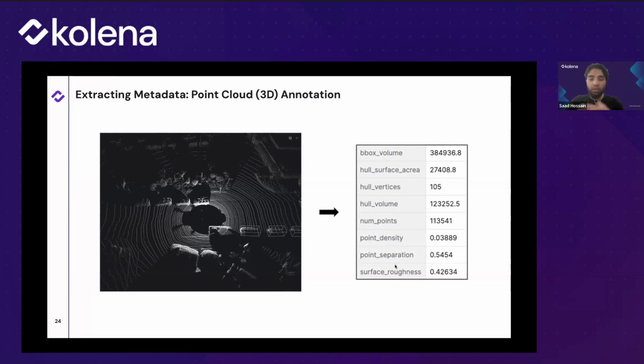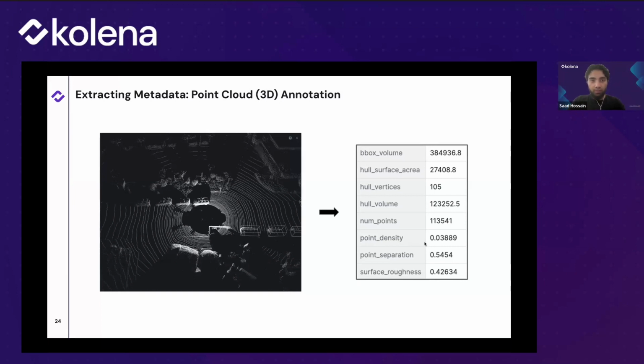We can also calculate the roughness, which could perhaps be a proxy for understanding what terrain we are on, especially in the context of autonomous vehicles. And there's effectively a lot that we could extract and obtain just from the presence of annotations alone, as well as by using a lot of the latest and greatest technologies.